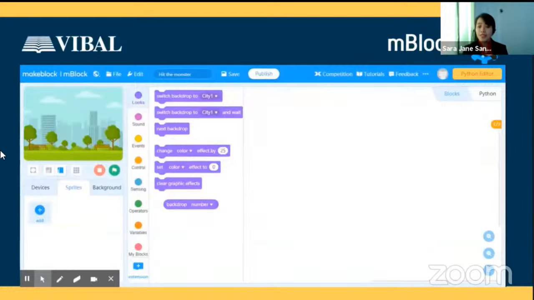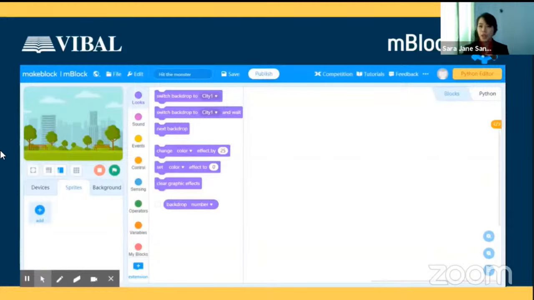Now, my favorite is the M block kasi technically, wala pa ako masyadong nakikitang activity na hindi natin kayang i-integrate or i-connect sa subject natin na hindi kayang gawin ni M-Block. So this one is a very good one, most especially for higher grades, for example, grades 3 to 6, so pwede na sila dito. But others, sa ibang mga schools na nakita ko, public schools, kaya na ng grade 1 or grade 2 ito.